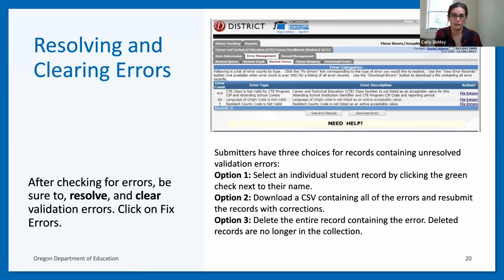You can fix them one by one on student records. If you open up a record, you can go in and make adjustments to that record. The screen will look like the web submission screen, so it'll be all the student information. You can just fix the thing that needs to be adjusted, and then save it, and it will be removed from your error section and show up as a record in the submitted data.